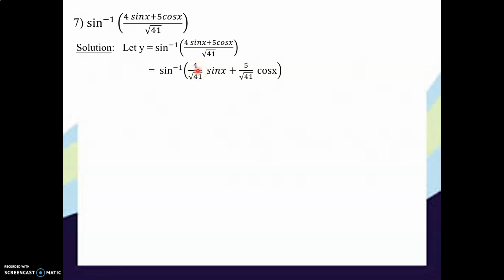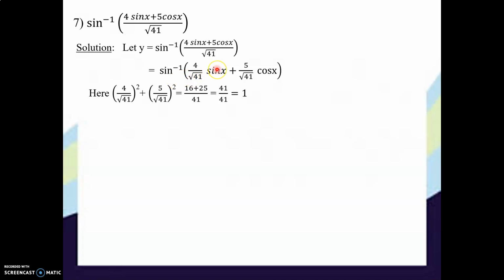And we know that sin square x plus cos square x is equal to 1. Also, if you square and add these constants, you are getting 1. So we can substitute sin alpha and cos alpha for these values. Here 4 upon root 41 whole square plus the other one squared, solving, you are getting 1. Outside function you have to check for this kind of question. Here it is sine inverse, so the inside function must be in terms of sine.